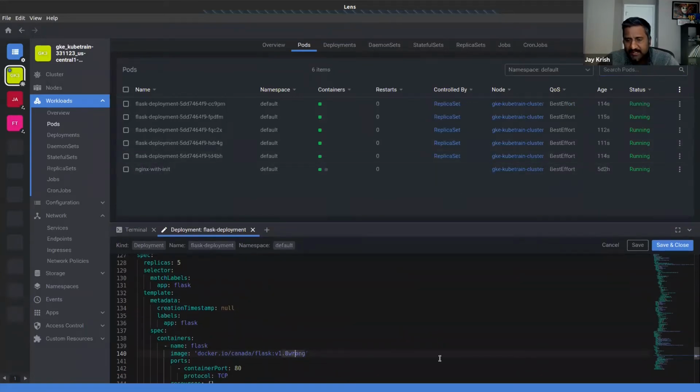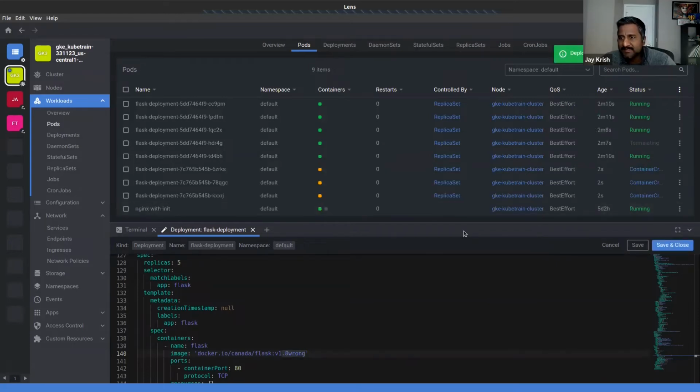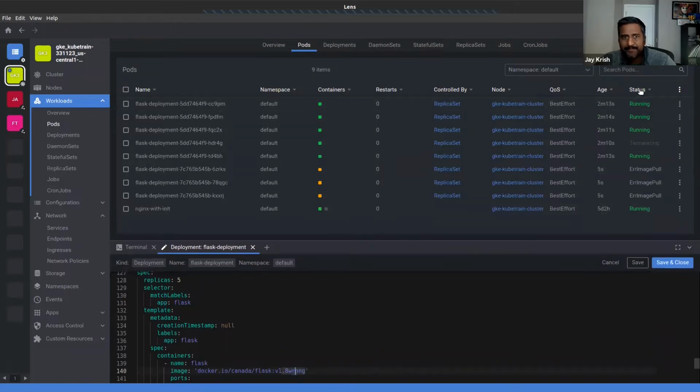So now by mistake, I got a wrong image name, a non-existent image name. Now, if you see, what happens is this is trying to add pods, but then there was an error in image pulling because that's a wrong name. That image doesn't exist. So it killed one, thinking that okay, I'll get this one ready, but because it could not pull, it stopped the rollout. That is the default intelligence or the capability of Kubernetes per se.